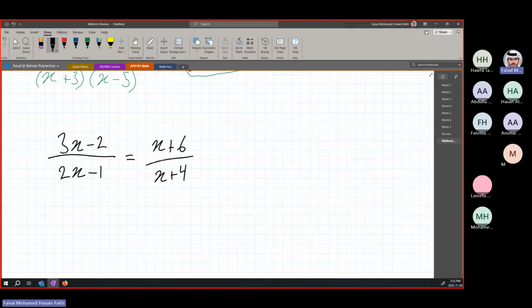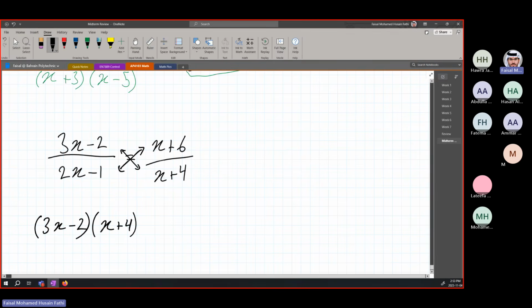To solve this equation, what you have to do is something called cross multiplication, which I'm pretty sure you all know. You multiply these with each other. So 3x minus 2 times x plus 4 is equal to x plus 6 times